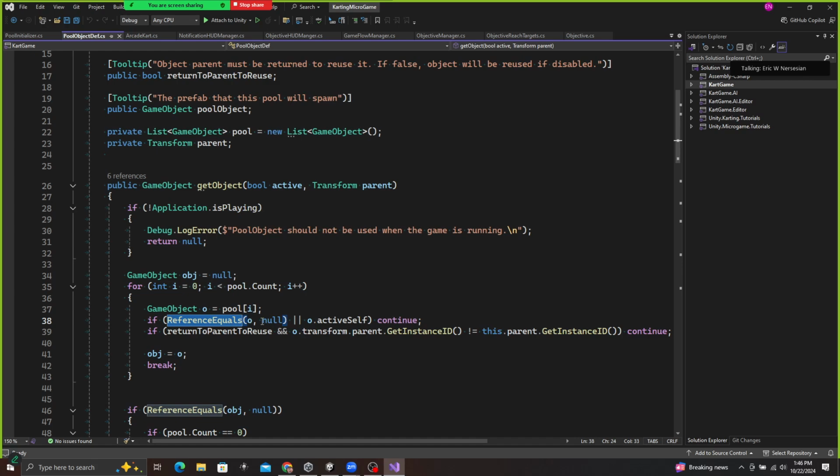So they're checking if whatever we just pulled from the pool is equal to null. So somehow a null slipped in. This is a safety check. If somehow we pulled something from the pool and it equals a null, or if whatever we just pulled from the pool is active, it's already turned on, it's already in use, then